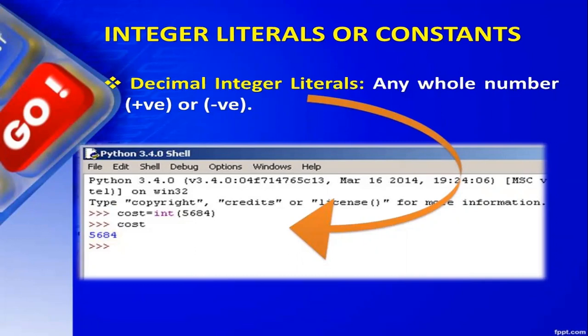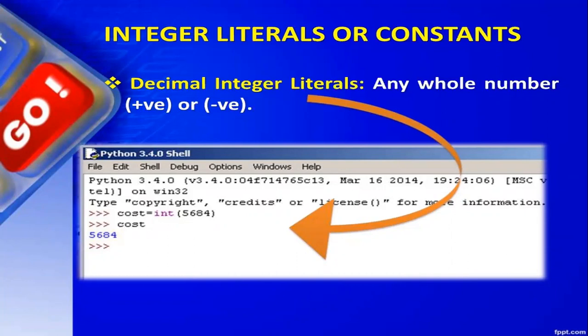Over here the word int is defining the type of value that will be stored inside cost. That means it is telling cost that you are going to hold an integer kind of value inside you, and in the brackets 5684 is the value that we are putting into cost.